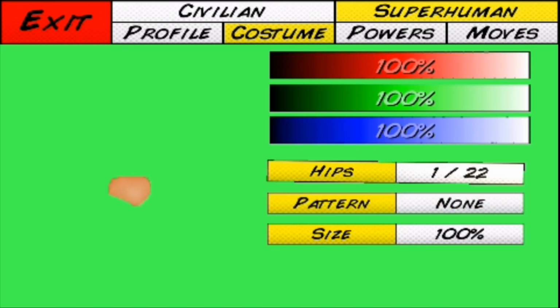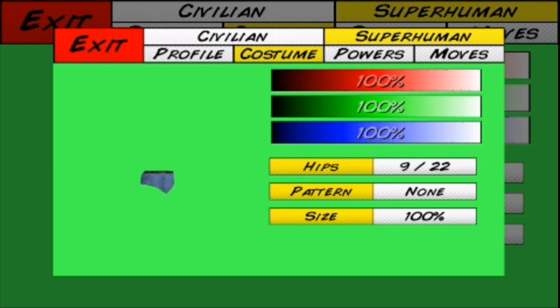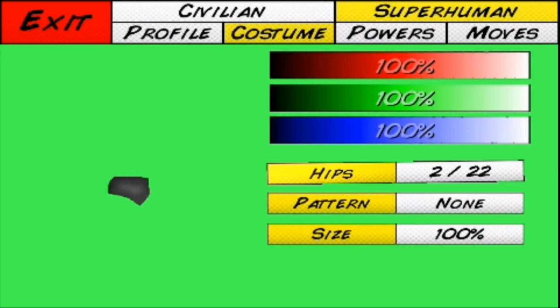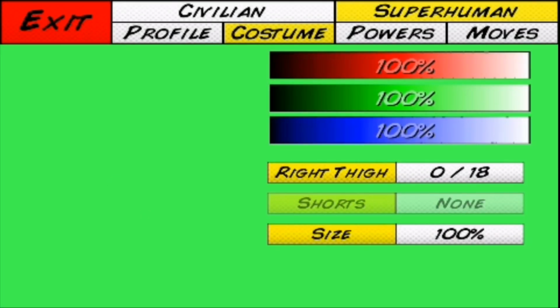And then we're going to do the hips, make that number 9, bring that back to 0. And with the thighs, you can see how they're overlapping right now. You don't want to take a screenshot of that. So what you're going to want to do is come over to the left thigh, make that 0, and then